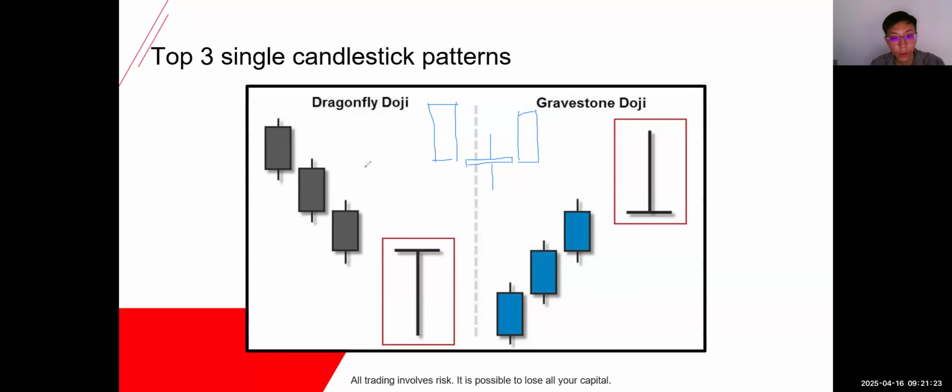It is for this one, right? Yes, right. For this cross one, it's not counted as a doji, right? A doji is more like a T shape, right? This one will be accompanied by something like this. Later on, I'll show you guys. It's more of the triple candlestick patterns. Okay, let me erase this. Wait, let me double check.